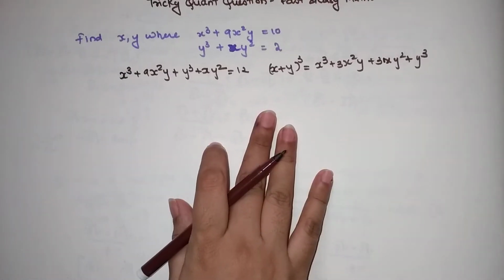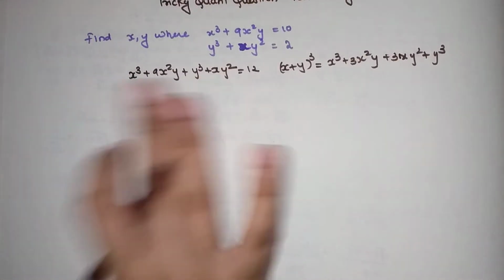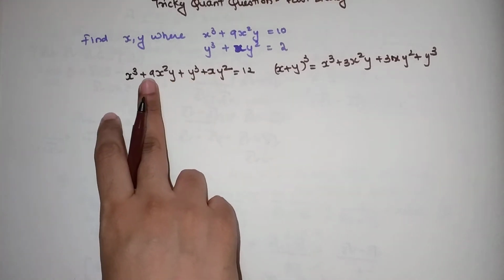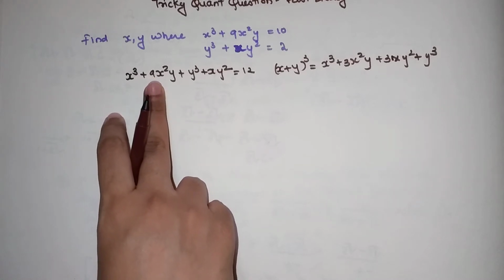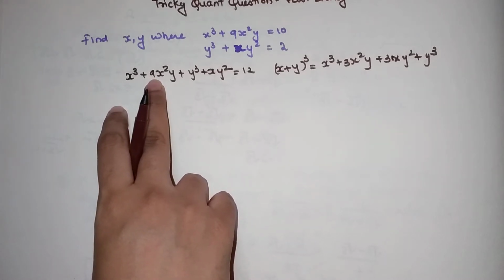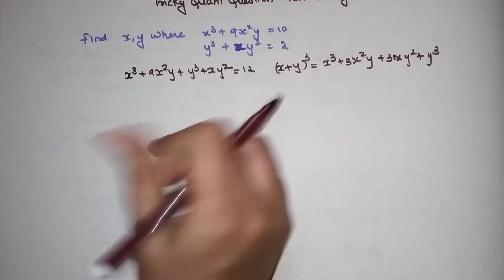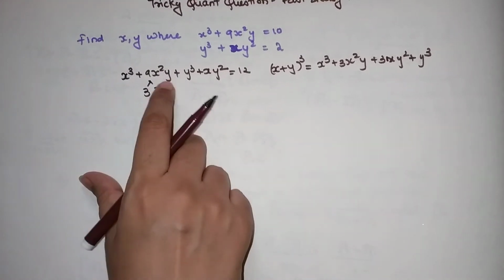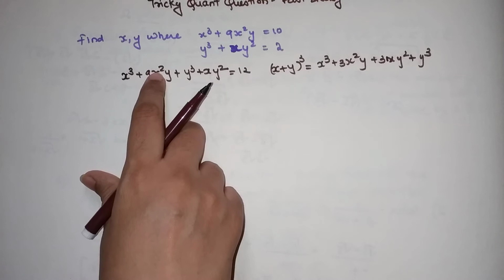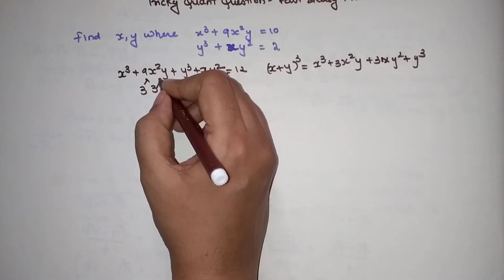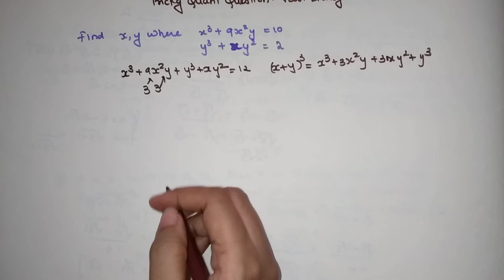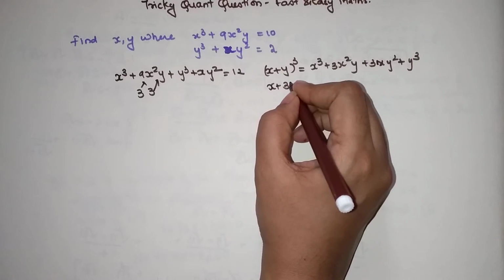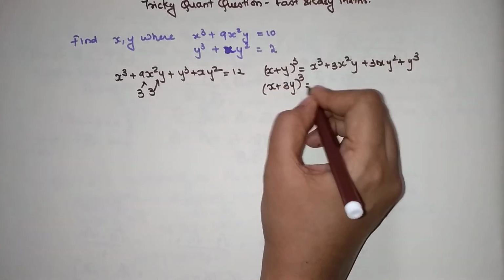Now the trouble is we don't have the same coefficients. What you needed over here was only 3, but here you have 9. So if you have 9 over here, can I write this as nothing but 3 into 3? Correct. Since x was squared, we keep the x as it is and let's associate this 3 with the y. So basically we are trying to find the expansion of (x plus 3y) the whole cube.